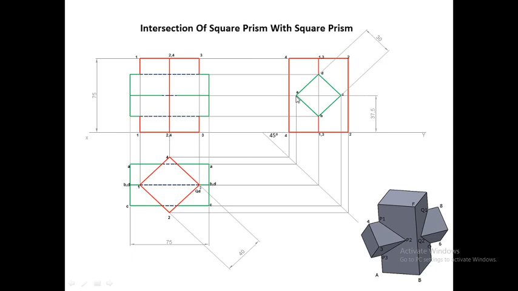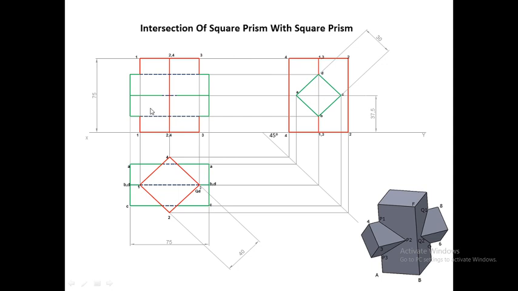So edge A to A is represented here. This is nothing but edge A to A and C to C. So this portion of A to A as well as this portion of C to C is lying inside. So only this much part is kept as dotted, whereas the remaining part, that is from here to here, is nothing but this part from here to here. So it is kept as dark.